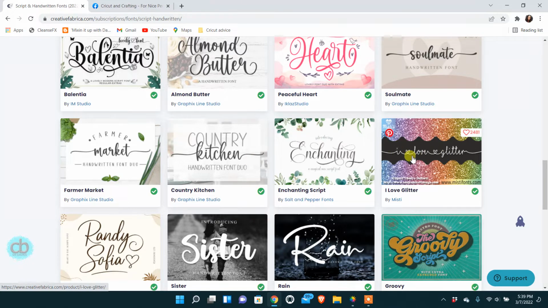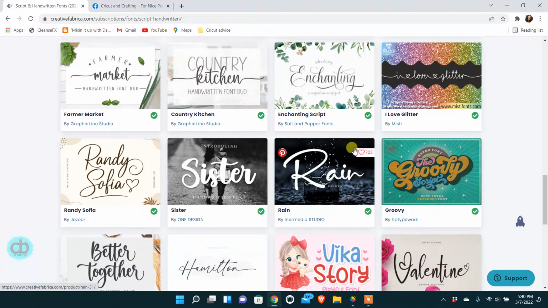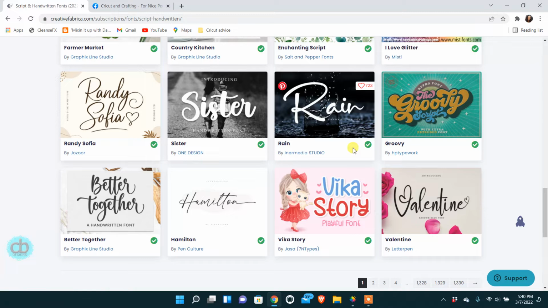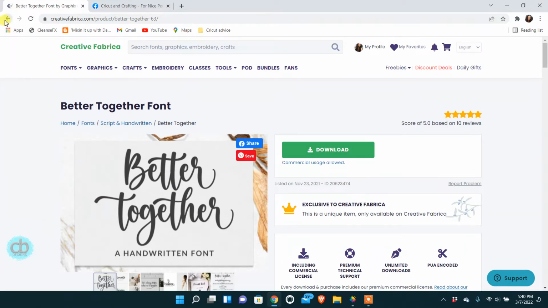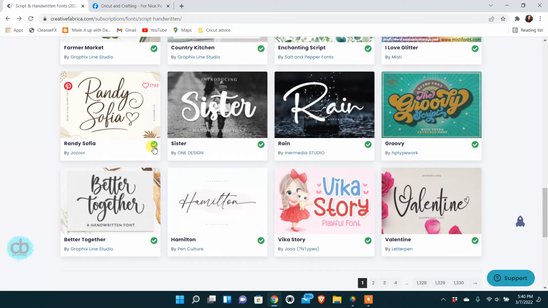Here's the popular I Love Glitter one. I already have this one installed on my computer, so I'm trying to find one that I don't have. Let's do this one, Better Together. Okay, so I'm going to click on that. And the reason that you see this little check mark, let me go back there. You won't see this on your end unless you subscribe to Creative Fabrica, which I totally recommend because it's amazing. All these fonts at your access that you don't have to worry about if it's legal or not to sell them. So you'll click on the font that you like,